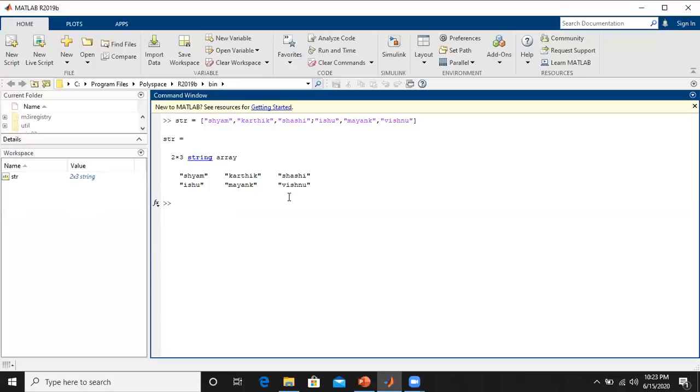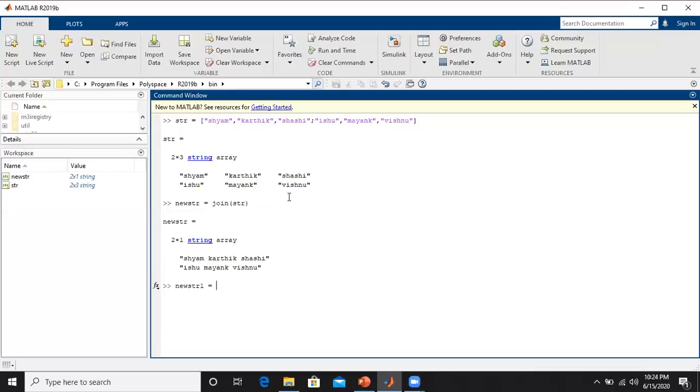Now I just wanted to join them, so I will take a new string here, newstr, which is equal to, I just wanted to join str here, so that the entire first row is clubbed as a single row, and the second one also clubbed as a single row. And I can also separate them with different symbols in between them. Then I will take newstr1, new string 1.